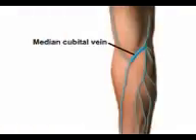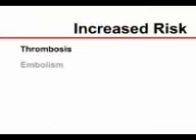The median cubital vein, which crosses the antecubital fossa, is frequently cannulated in acute situations, as it accommodates large bore catheters and may be easier to cannulate. When upper extremity veins are inaccessible, the dorsal veins of the foot or the saphenous veins of the lower extremity may be used. Cannulation of lower extremity veins is associated with a higher